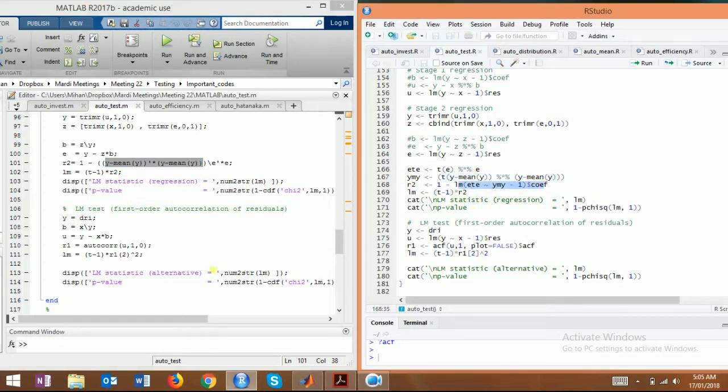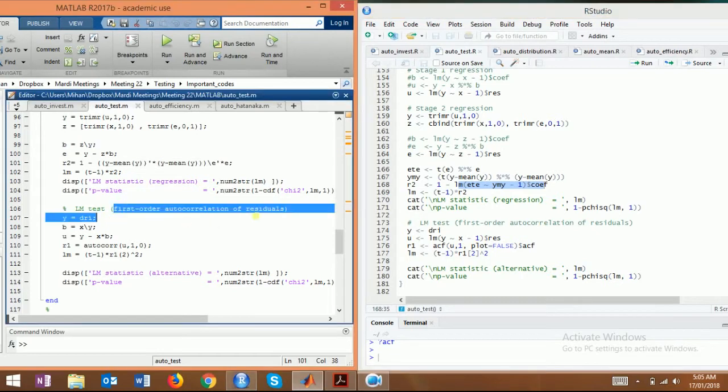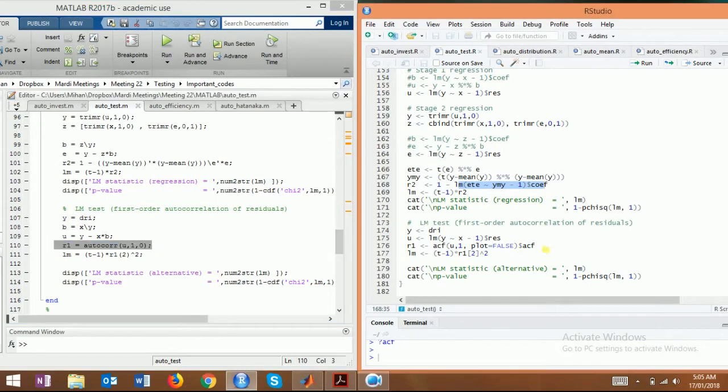Fine. Then first order autocorrelation of residuals. Then we find regression of x on y. Then you have u, and then we do autocorrelation. We run autocorrelation function for both. Autocorrelation of u10, u1, exactly the same thing as you can see, and LM